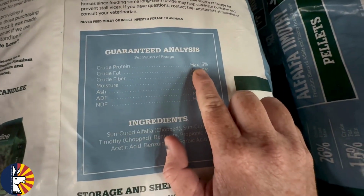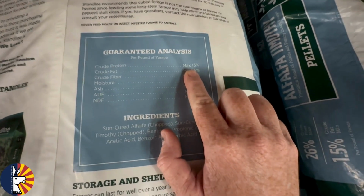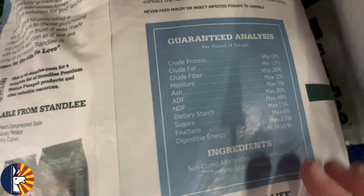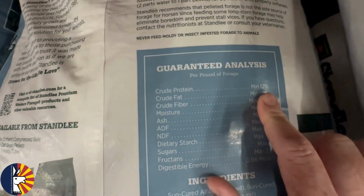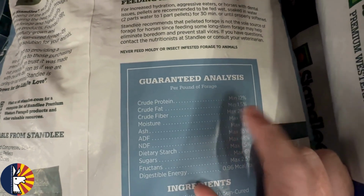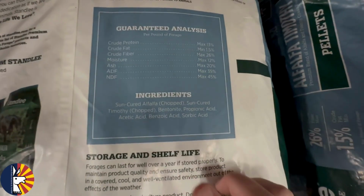That this is max 13% protein. Okay, that's kind of to be expected when you've got so much alfalfa in there. But we come over here, protein 12. But you'll notice that's the minimum. So we don't have maximum on here. We don't have minimum on here. So